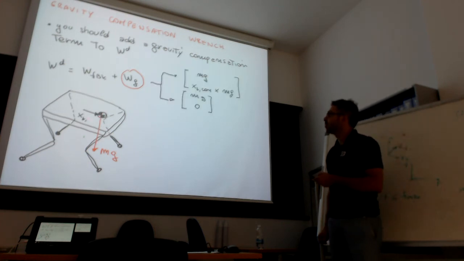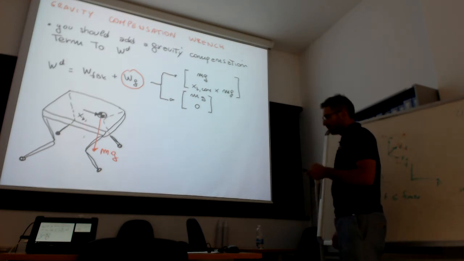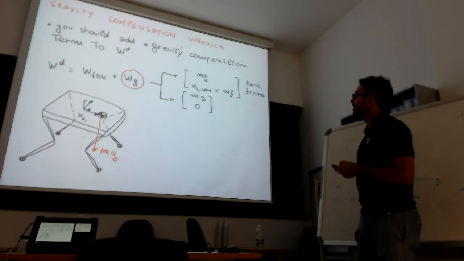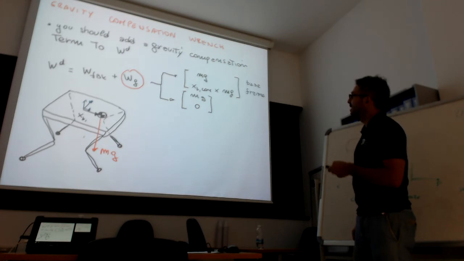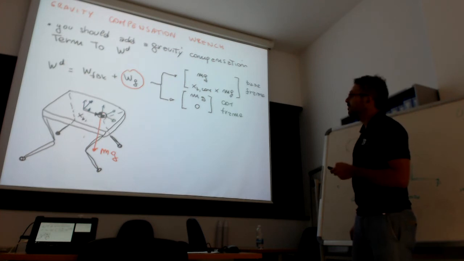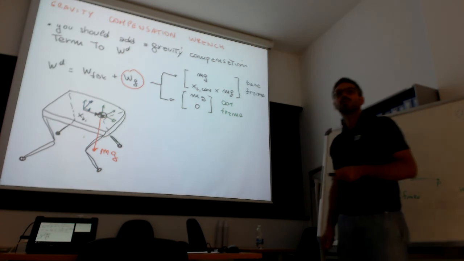Depending on wherever we define the controller, at the base frame or at the COM frame. If you are at the base frame, we know that we have the linear, plus you have also the angular part, because this gravity will create a moment about this point, so we need to compensate also this moment. Sorry, one question, but if I put the wrench for the gravity here, do we have to add also in the torque later, or just